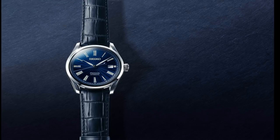40 millimeters in diameter, 50 hours of power reserve, thickness of 12.4 millimeters, and a very nice double dome sapphire crystal as well, and a beautiful dial with Roman numerals, but a very simple watch with only a date complication, which comes in at 1,450 euros. Moving on to another limited edition Seiko Presage, the